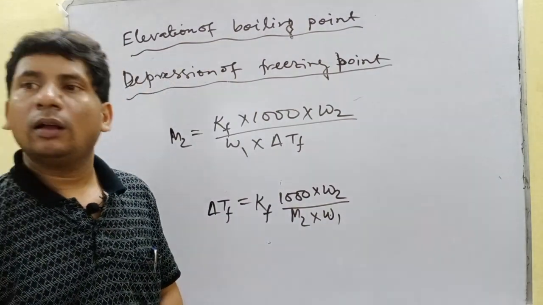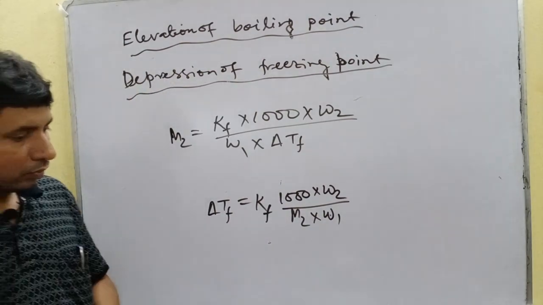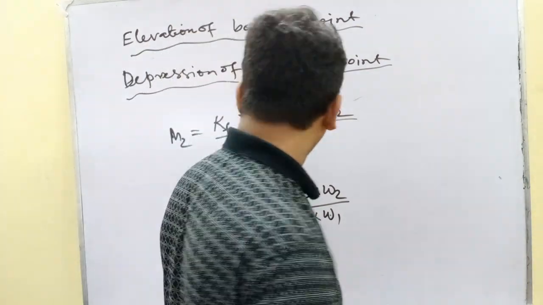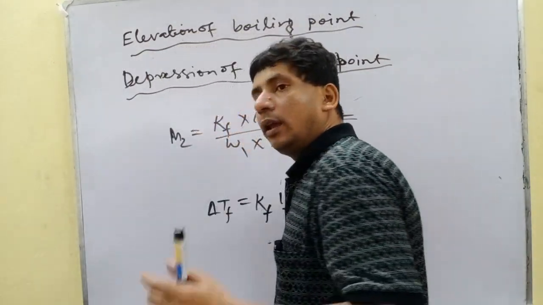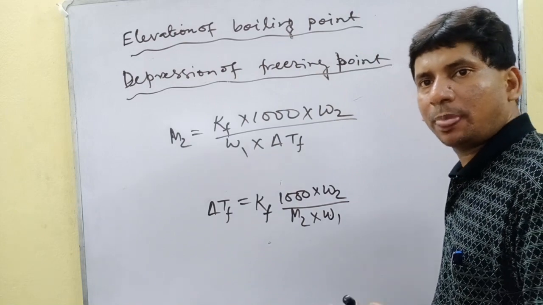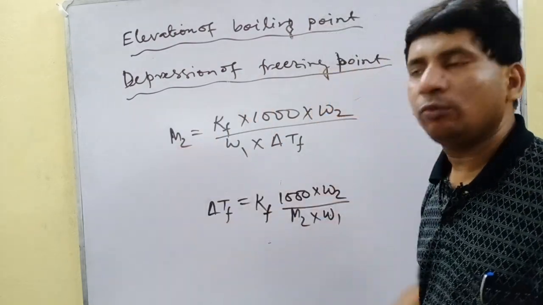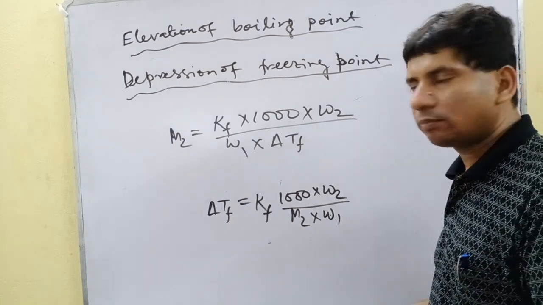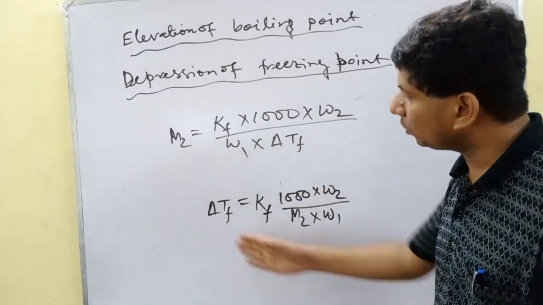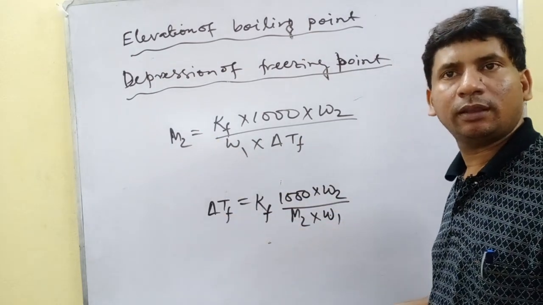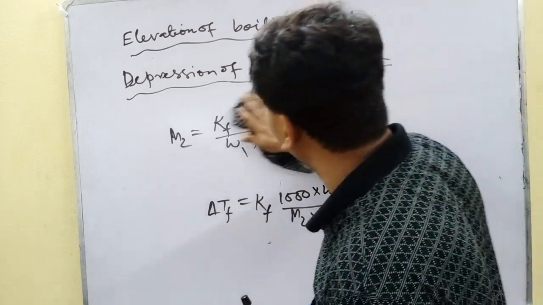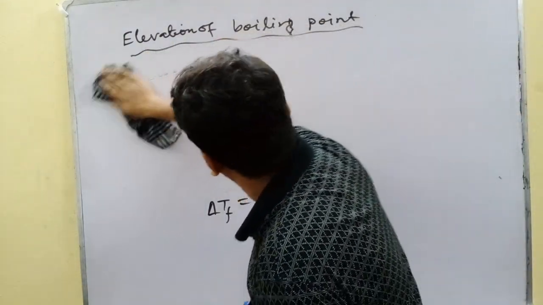So we can calculate a different mathematical problem. If we do not go to calculate M2, that is molecular weight, if we go to calculate delta TF directly, we can take such a mathematical problem from here